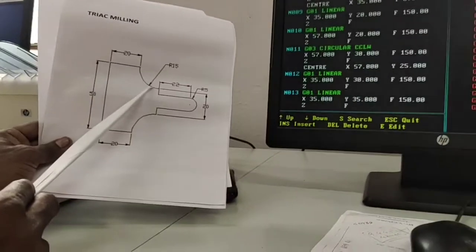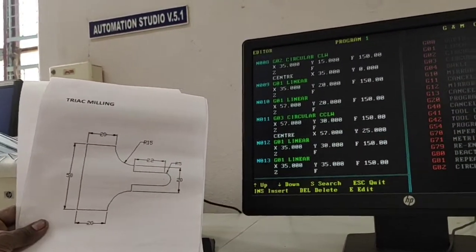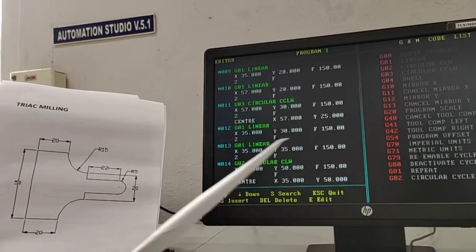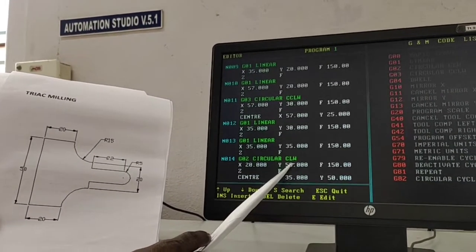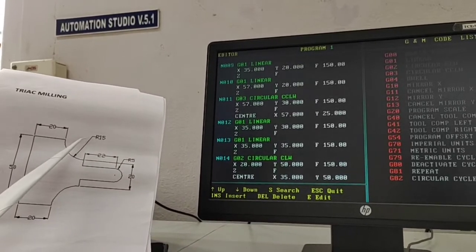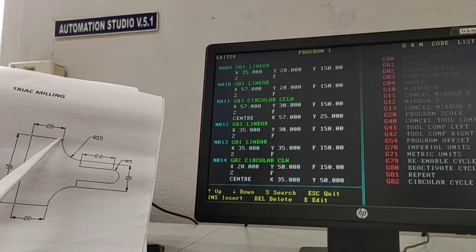So the next line starts with the clockwise arc. So here number 40, 14, G02, circular clockwise direction. So what is the value? This is the center point, this is the end point.